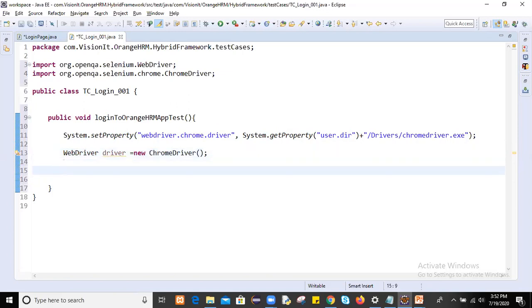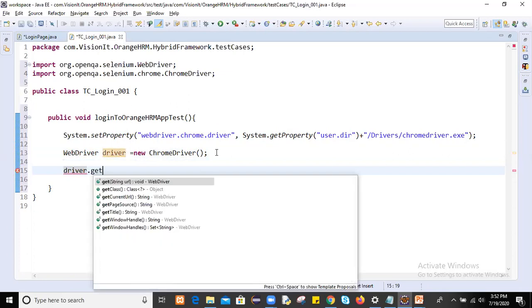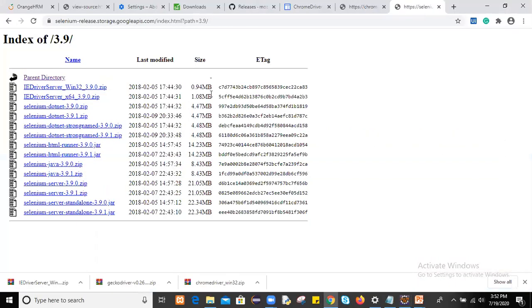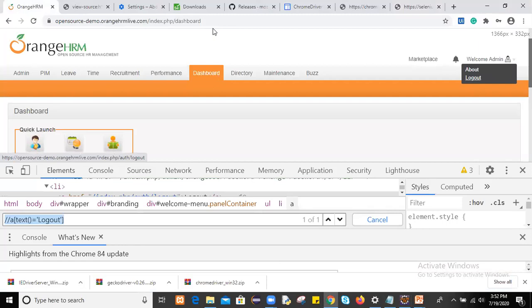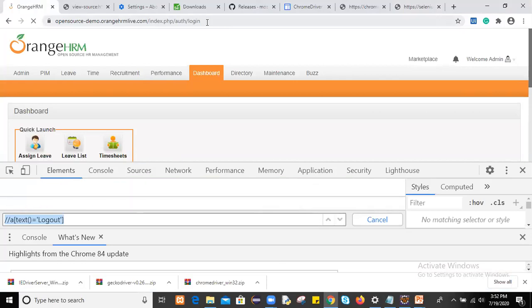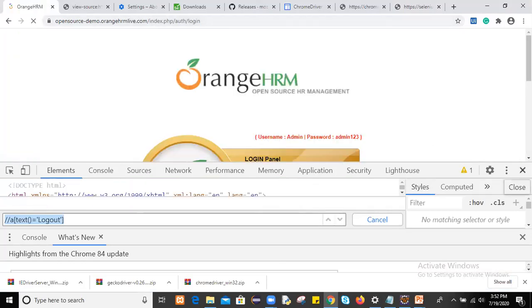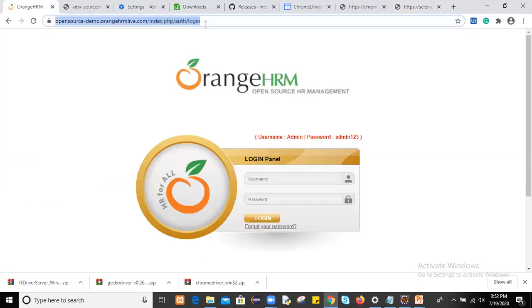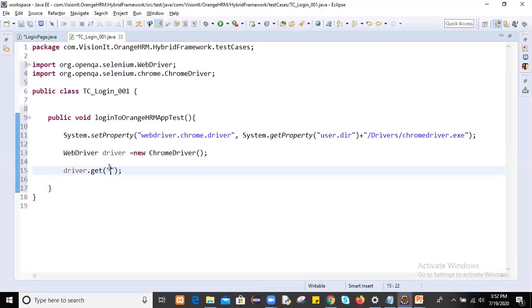Then what we will do guys, we'll navigate to the link. Just use driver.get. What is the application link we are using? Let me log out from this application. This is the application link. Let me directly use it here.